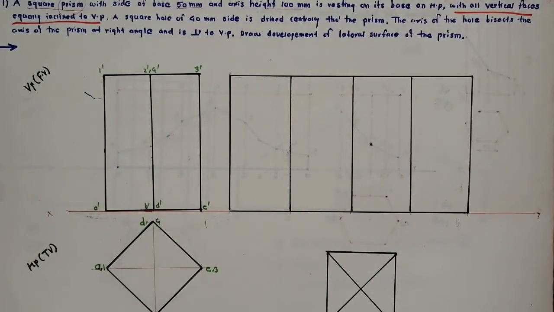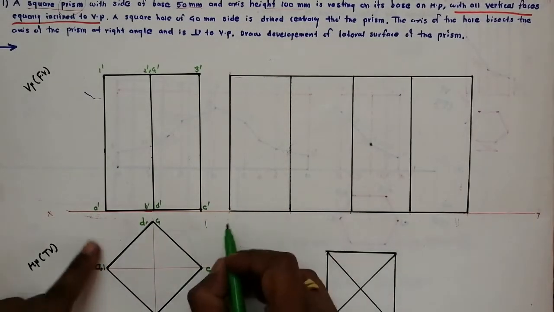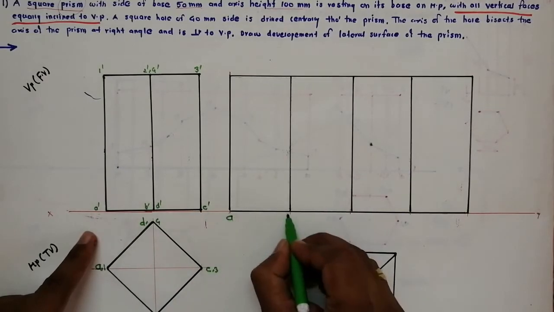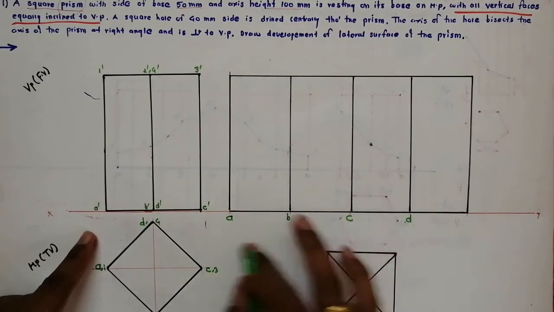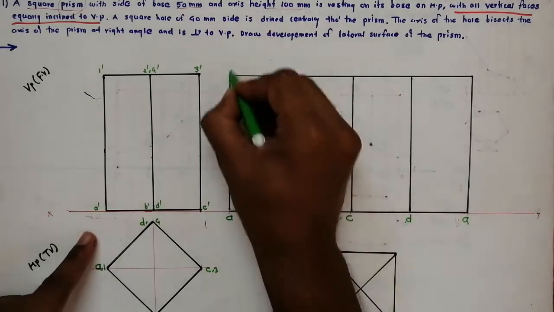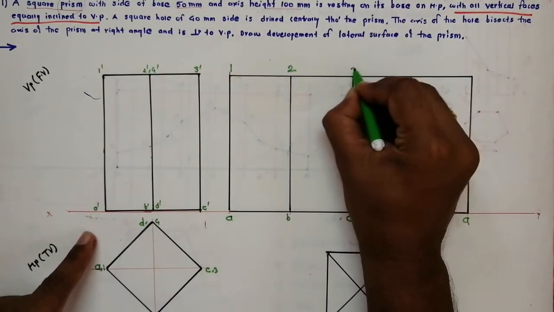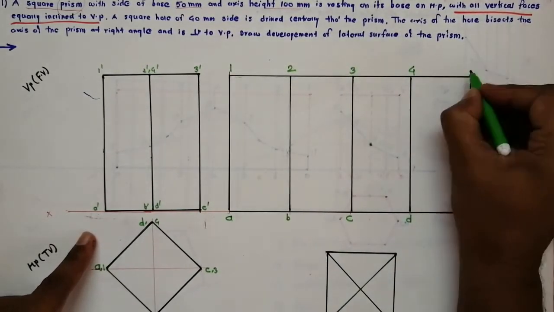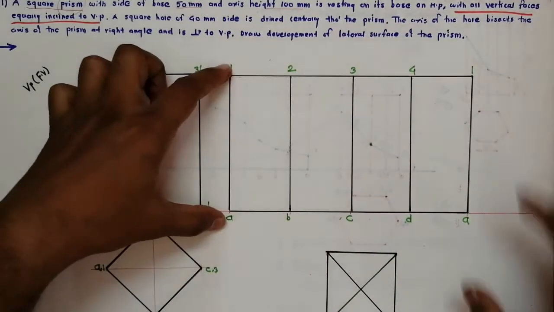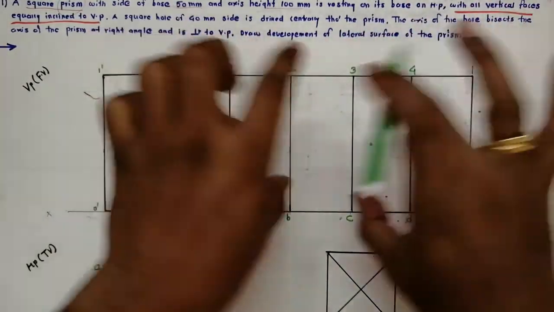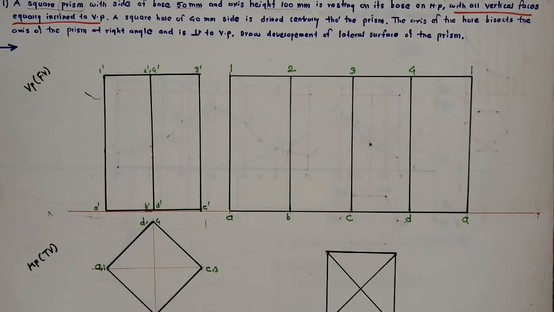Now the nomenclature. This bottom line represents A, B, C, D. So this is A, B, C, D. The last one is again A. This is 1, this is 2, 3, 4. The last one is 1. So this 1A and 1A we will wrap together, so that becomes a common line.